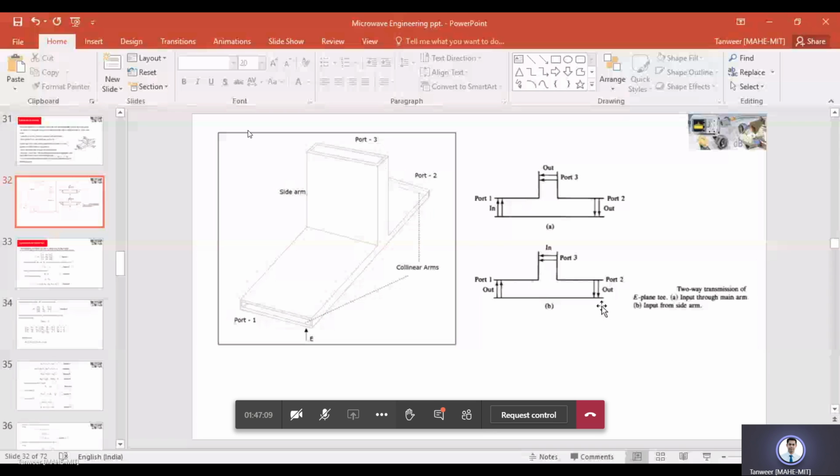Now why? Because of this discontinuity in the middle. The signal phase changes at this particular discontinuity, at this mid portion. Similarly, if you are feeding power at port 1, the signal changes its phase at this discontinuity. Because the discontinuity is there, some signal mismatch will be there, as a result of which the phase will change and signal distortion will take place, and the field lines will also vary because of this discontinuity. Obviously, because of the discontinuity, random reflections take place.